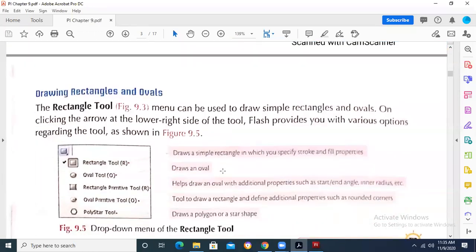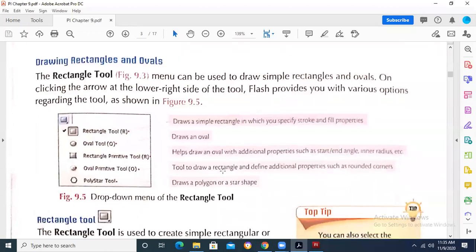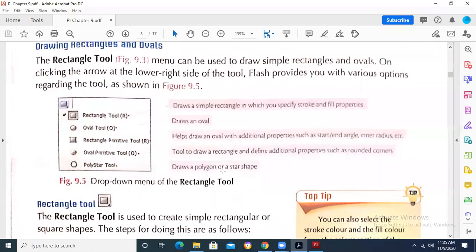We already saw the rectangle tool and the oval tool. Rectangle is used to draw the rectangle shape and oval is used to draw both circle and oval types of things. But what is the difference between the primitive rectangle and primitive oval? The only difference is that in the primitive rectangle tool, we can make the rounded corners inside or even outside.